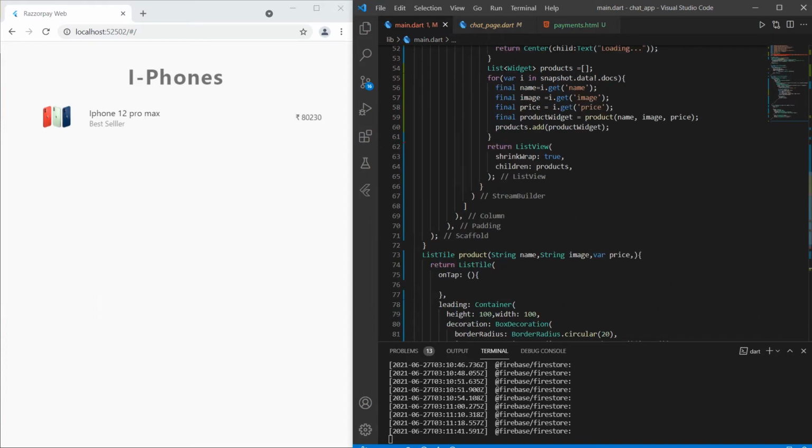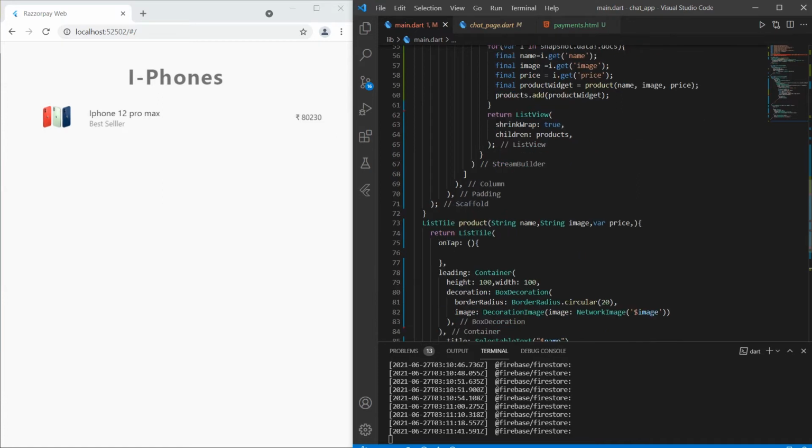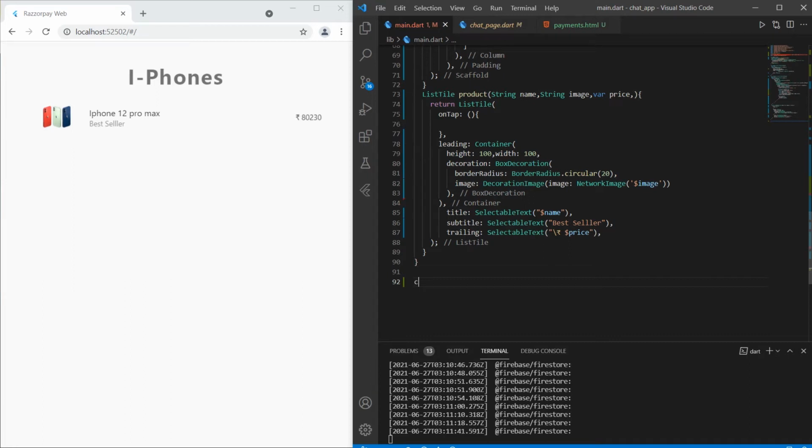So now all the UI part is done. For the payment, you have to go to the checkout page, and after that you have to pay all the money you have to give for the iPhone 12 Pro Max. So here on tap, on the list style on tap, you have to go for the checkout page. So first we will create a checkout page,